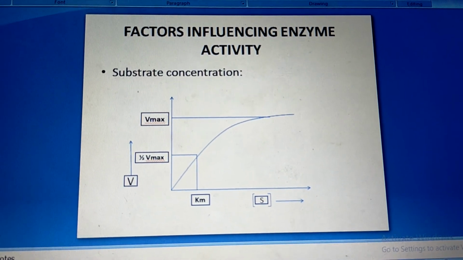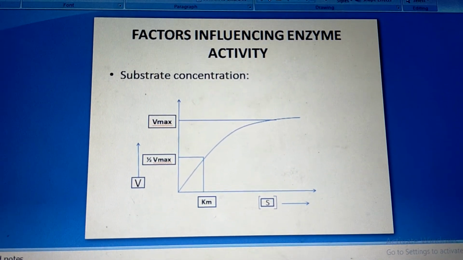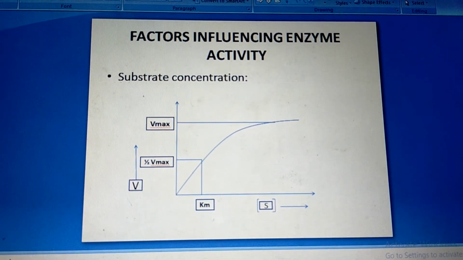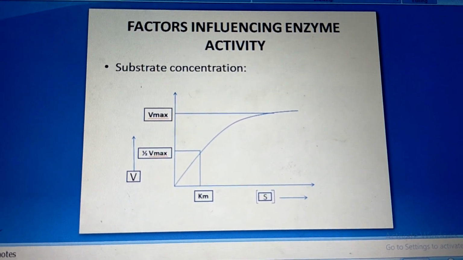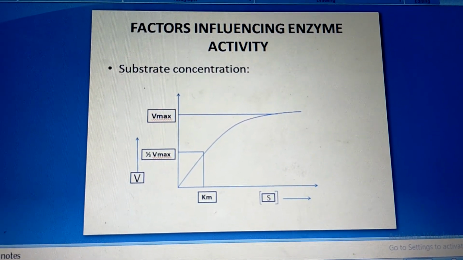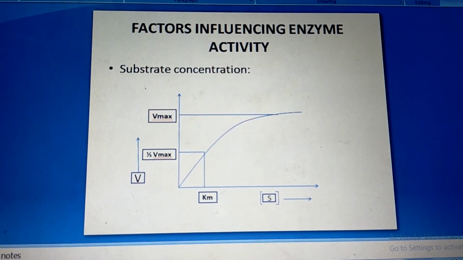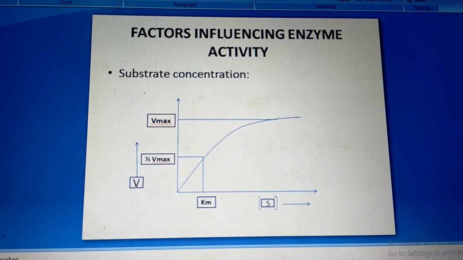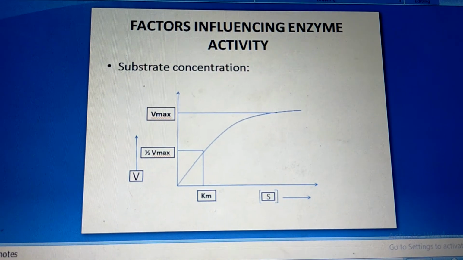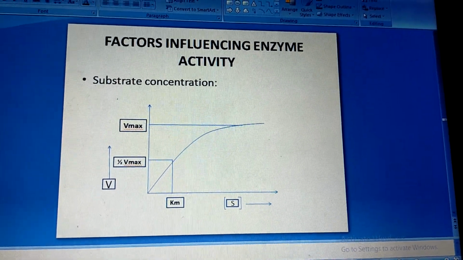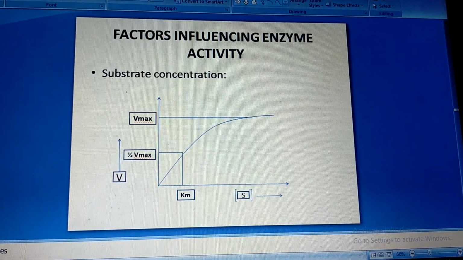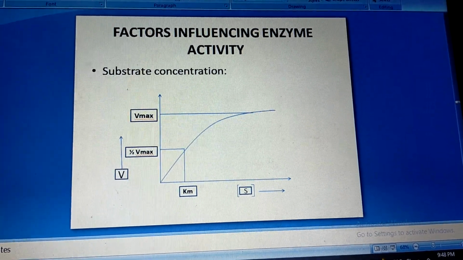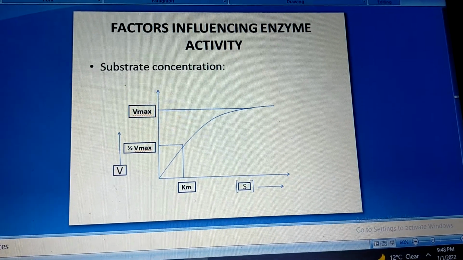And how will you define Km from the graph? Km is present on the x-axis. And what is the x-axis? The x-axis is nothing but substrate concentration. So Km is also a substrate concentration where the velocity of the reaction is half. So Km or Michaelis constant is defined as the substrate concentration at which velocity of the reaction is half,